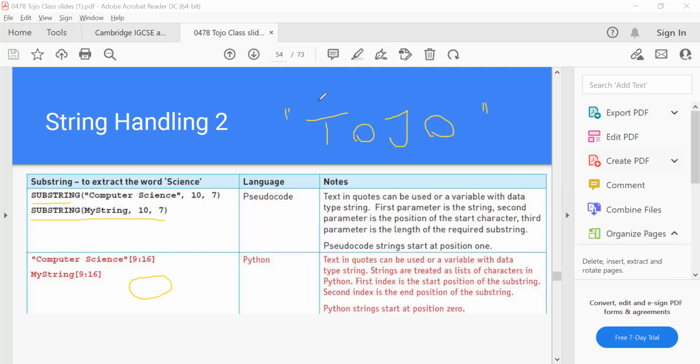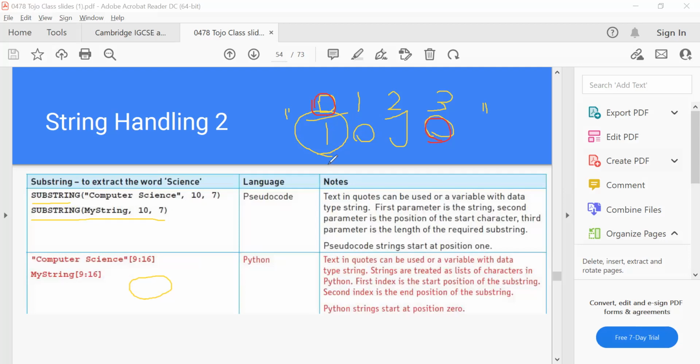The index of the first character, typically in any programming language, will start with 0, and then 1, 2, 3. So we say the length is 4 characters, but we are able to say the index, or the position, of t is actually 0. If I want to bring the character at position 0, it will be t. The character at position 3 is o. Is that clear? Yes. Okay, but in pseudocode it is different.